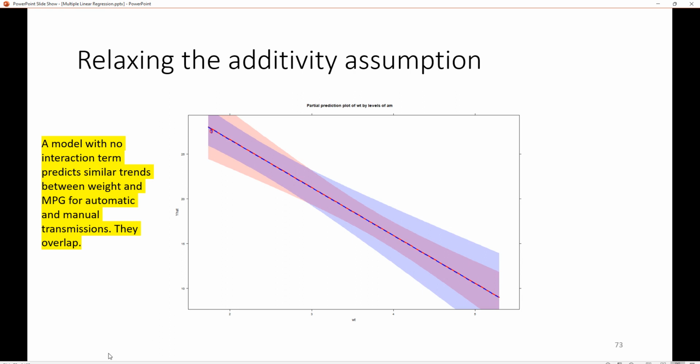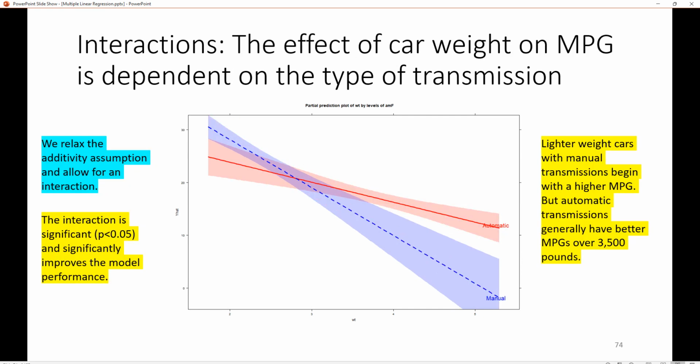A model with no interaction term predicts similar trends between weight and miles per gallon for automatic and manual transmissions. They overlap. So in this, we're looking at two trend lines on miles per gallon, one for the automatic transmissions and one for the manual transmissions. We're just looking at the two trends from an additive model. And this is the two trends when we create an interaction between